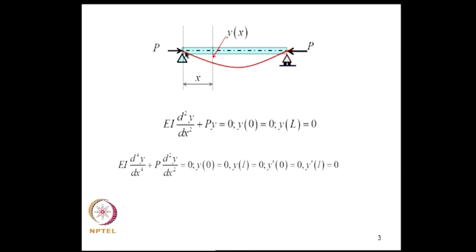Assuming that such a solution is possible, we searched for the value of p which can lead to that. Under this assumption, we were able to write the equilibrium equation in terms of bending moments for determinate systems, whereas for statically indeterminate systems we need to use the 4th